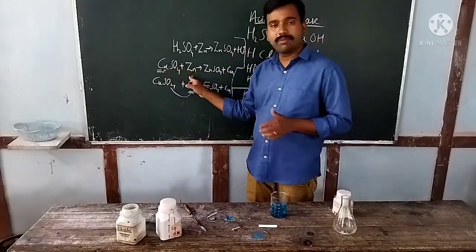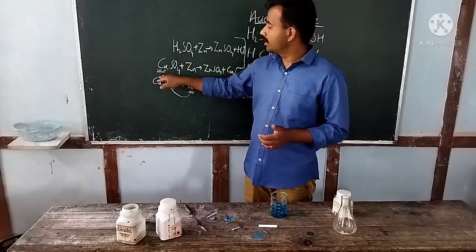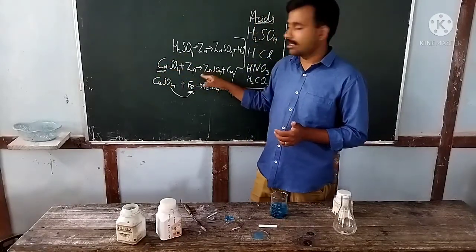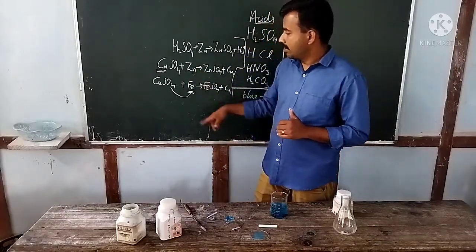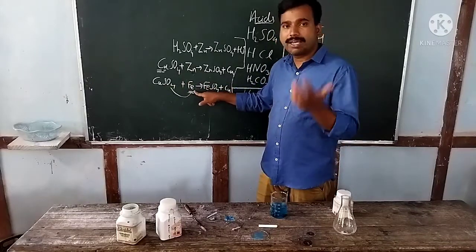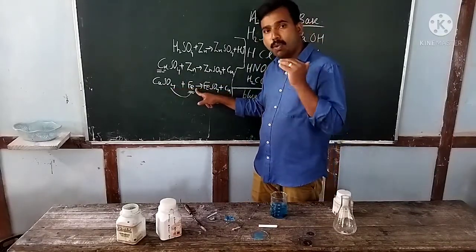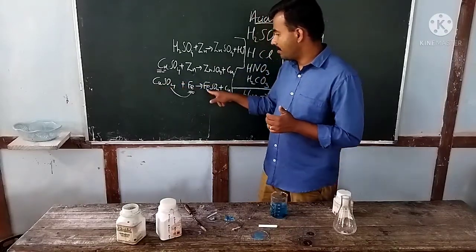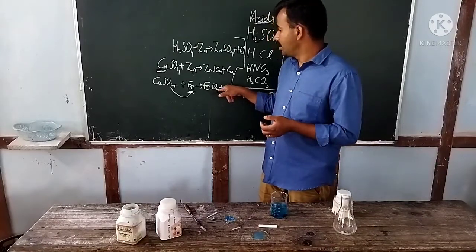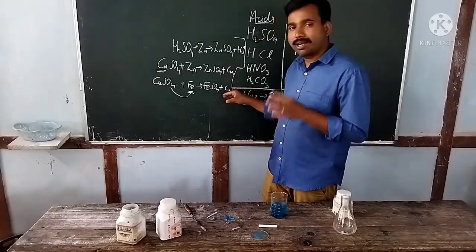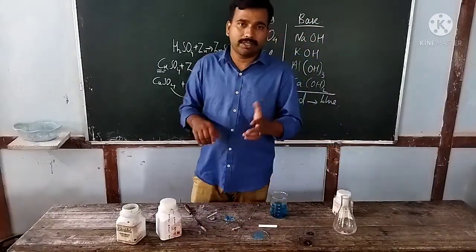But the reverse reaction will not happen. If you take zinc sulfate solution and put copper in it, there will not be any displacement reaction, because copper is less reactive than zinc. Instead of zinc, you can also take iron, which is somewhat silver in color. Here also, because iron is more reactive than copper, it will lead to the formation of iron sulfate, which is somewhat greenish in color, and copper will be displaced and coated over the iron. You can see a brownish coating over the iron.